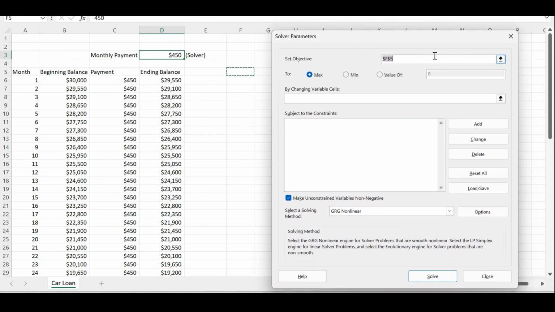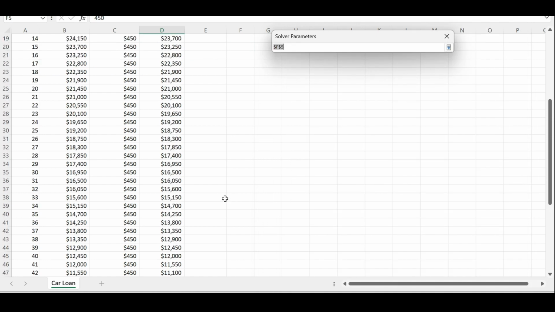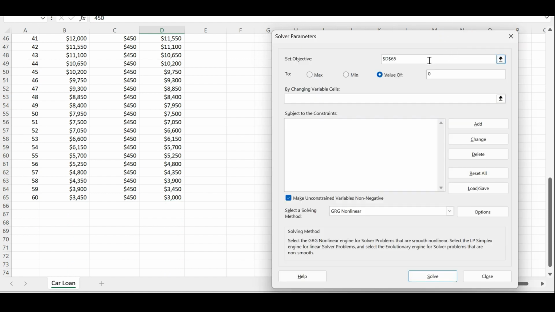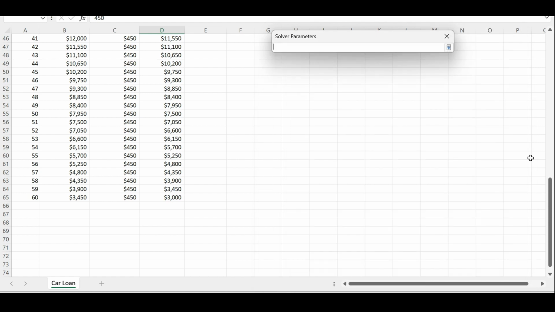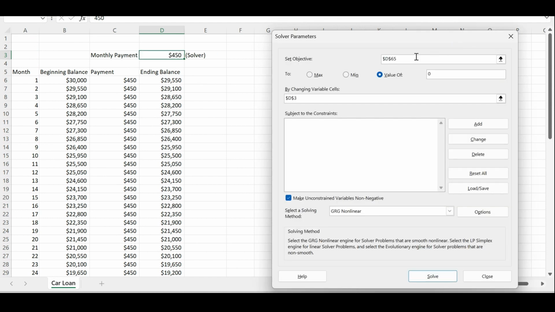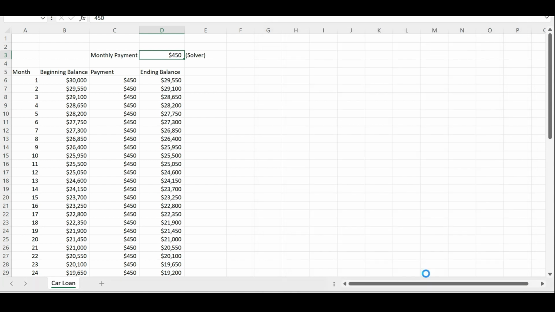All right, so my objective is the value of 0, and we want our ending balance to be 0. So my ending balance should be a value of 0 by changing which cell? By changing the monthly payment. So by doing this, and if I click on solve,